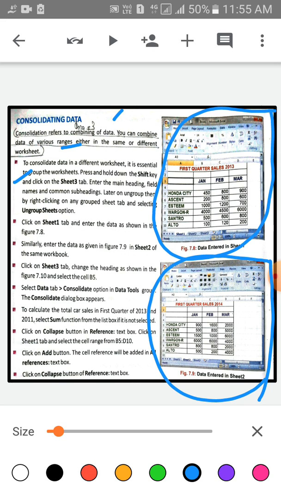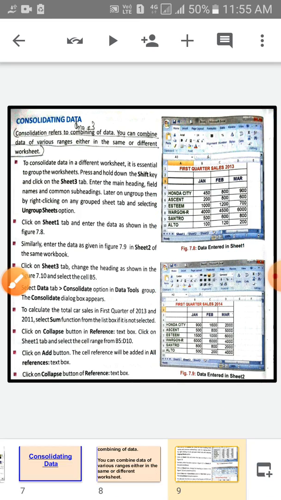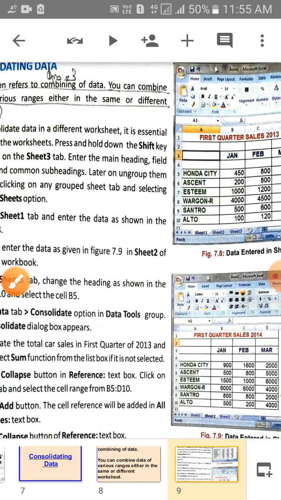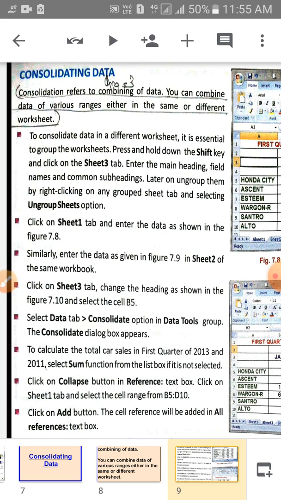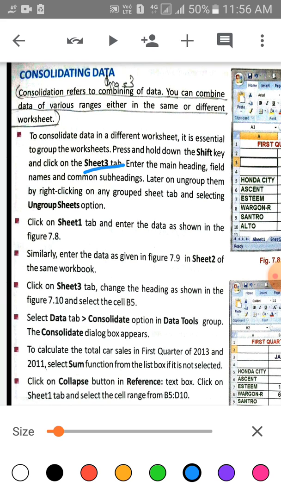Now children, to consolidate data in a different worksheet, it is essential to group the worksheets. Press and hold down the shift key and then click on sheet 2.